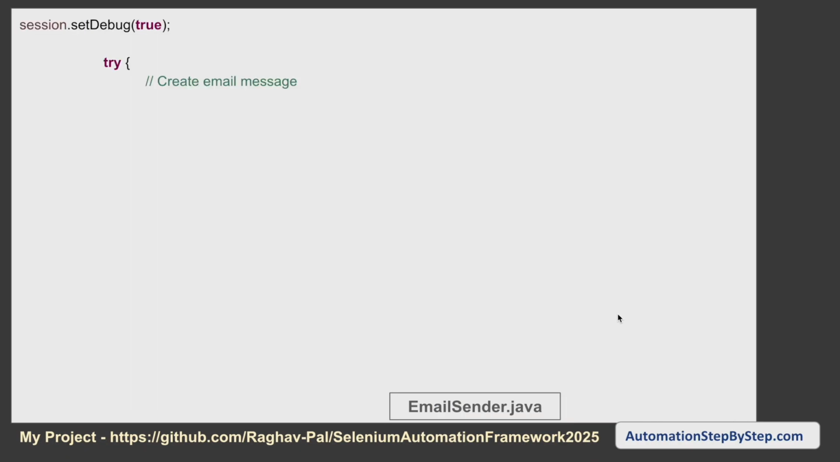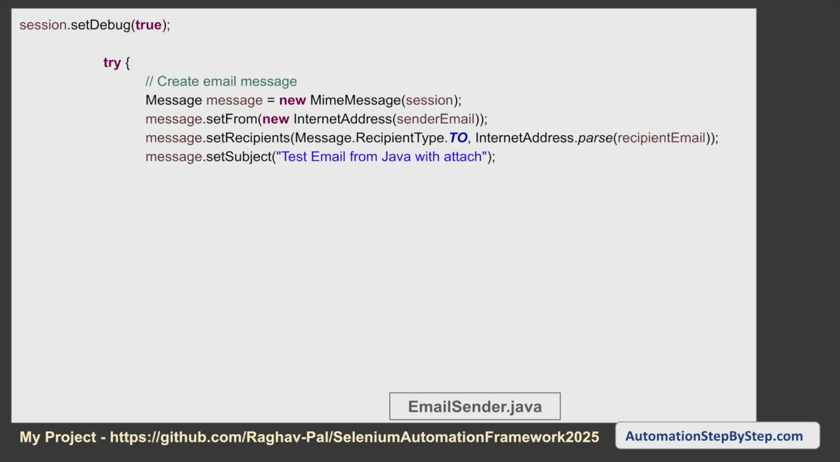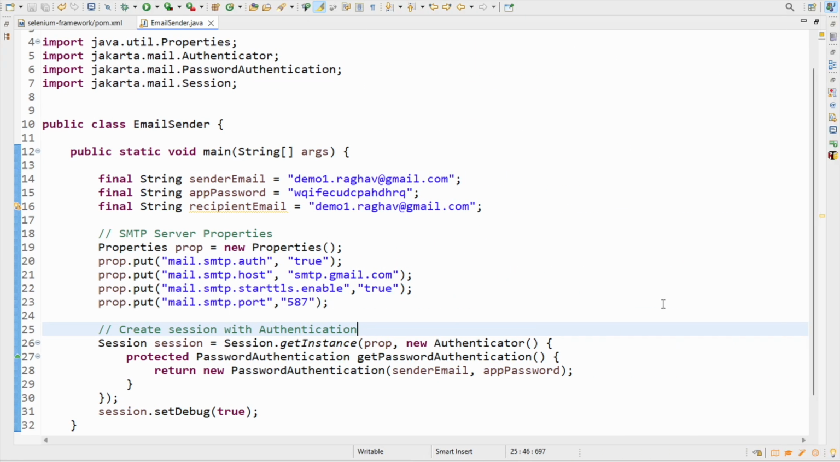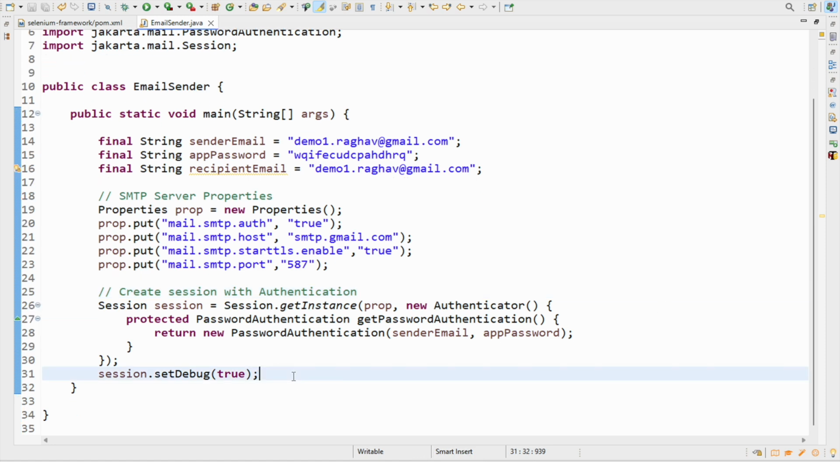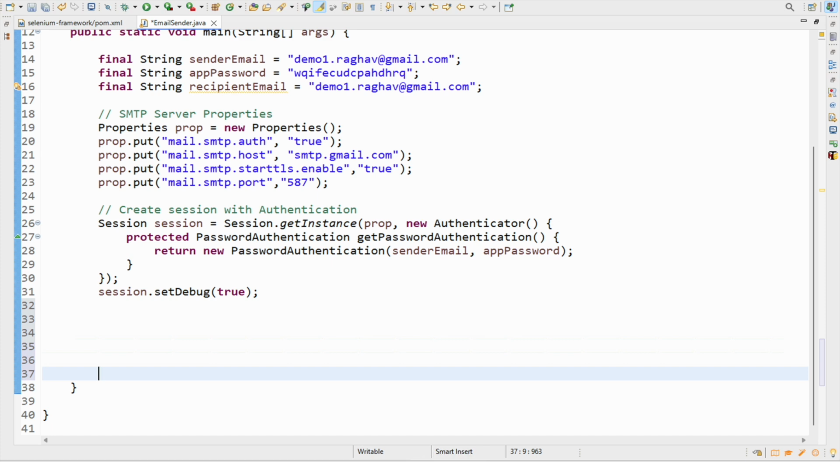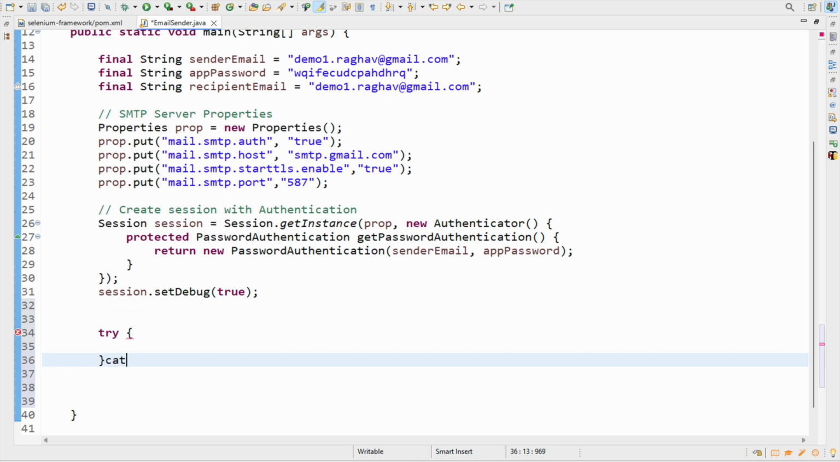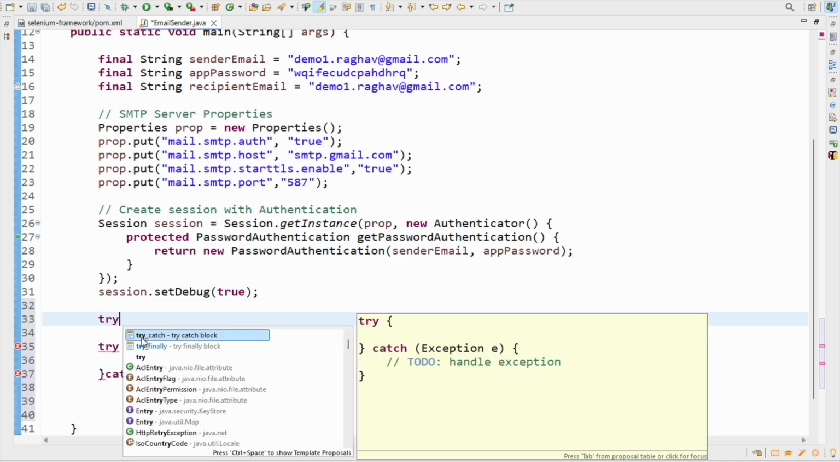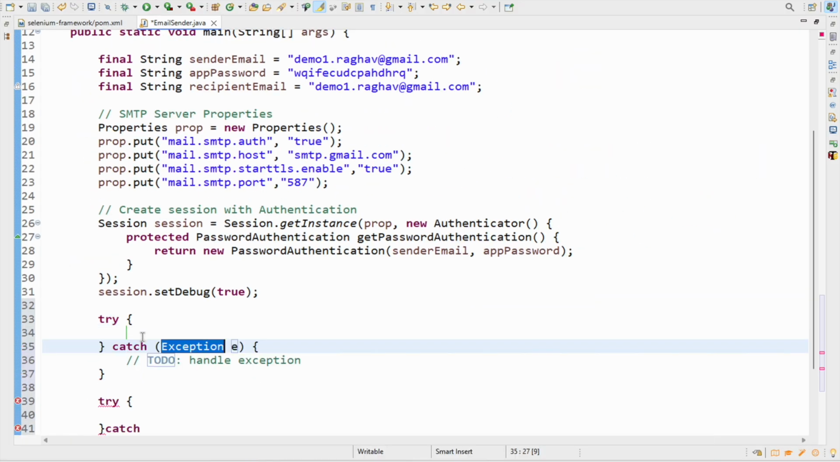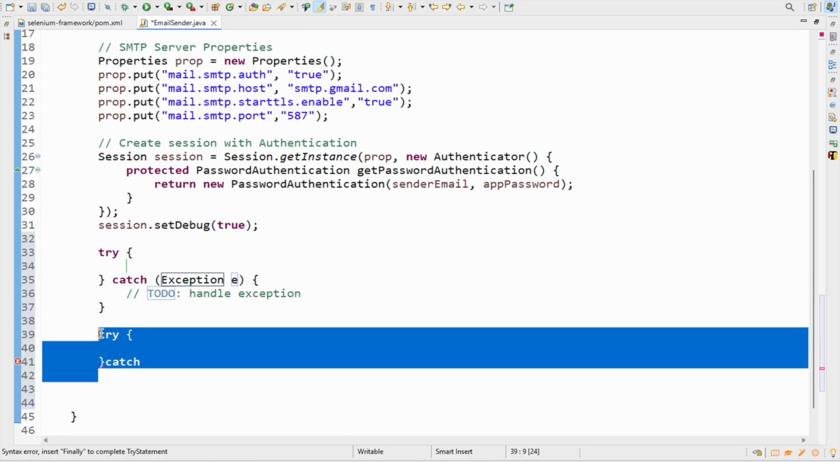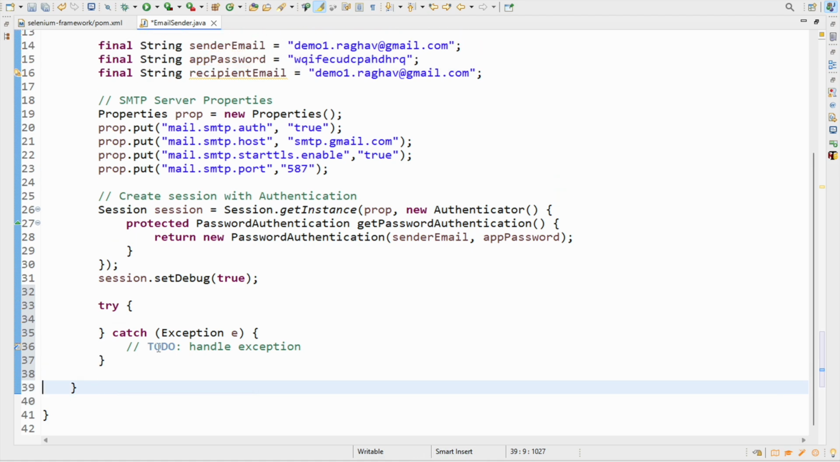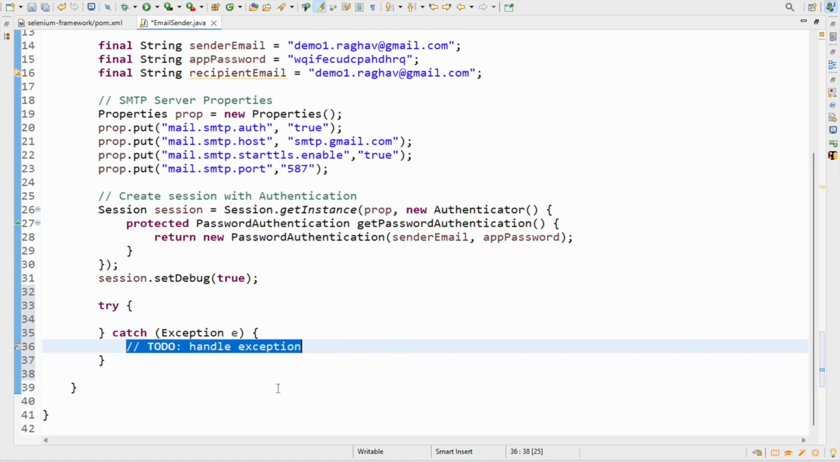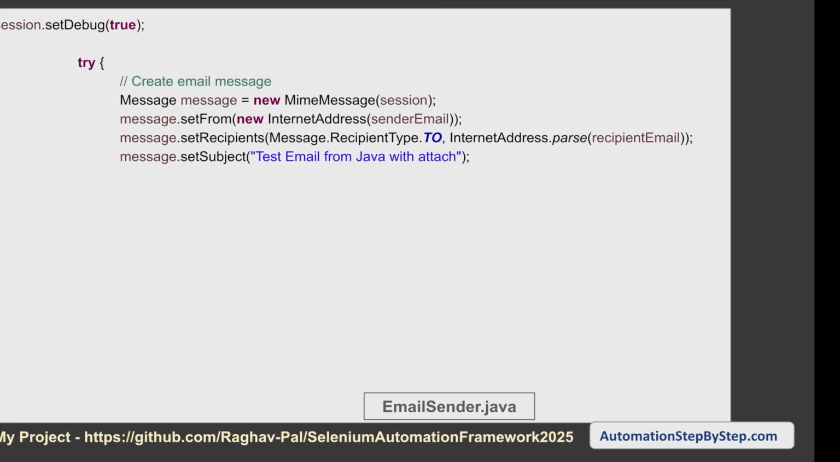Now after this we will create the email message in a try catch block. So let us create a try catch block here. I will say try, and here I will say catch. Also you can say try, and if you press control space bar, it gives us an option to create a try catch block. So I can also create it like this without manually adding everything. In the catch exception we will handle the exception later on, but in the try block first we will